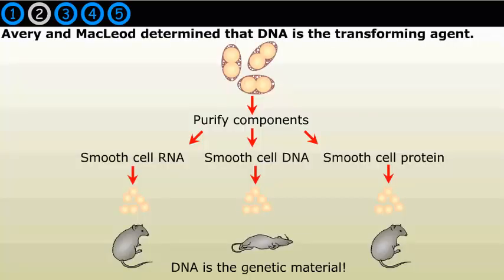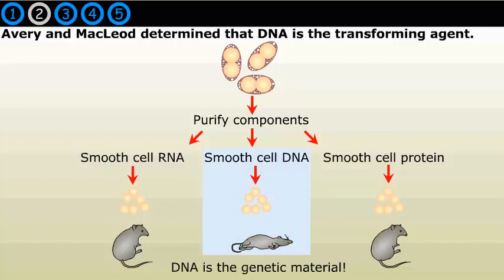In 1944, American bacteriologists Oswald Avery and Colin MacLeod used the data from Griffith's experiments to determine what the transforming agent was. They purified various substances from bacterial cells and tried to transform rough bacterial cells with each of the substances individually. Avery and MacLeod found that only DNA was able to transform the bacteria and make the bacteria deadly